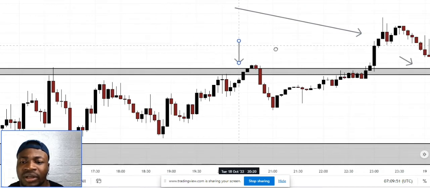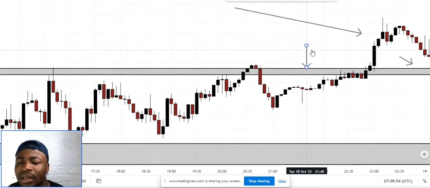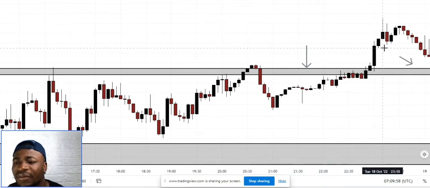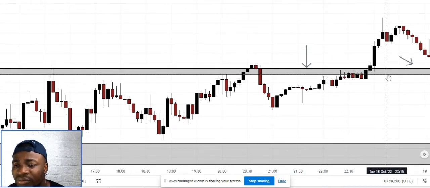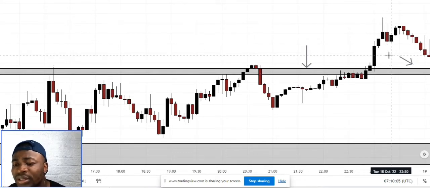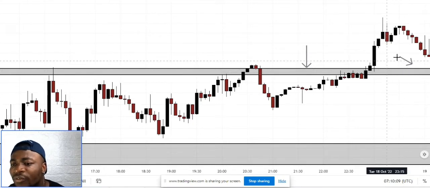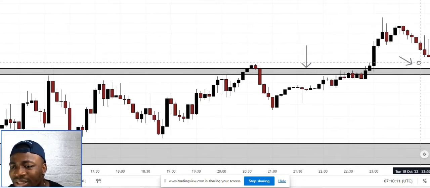This key level over here we got from our big time frame. Now this is our middle time frame. Okay, this is now our middle time frame, and remember, this is our key level from the bigger time frame. All we're doing over here is looking for behaviors at this level. So we patiently wait for the market to come to this level, and once it does come in there,